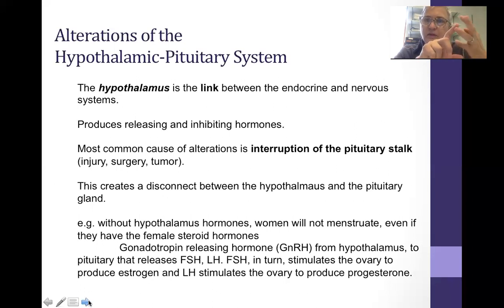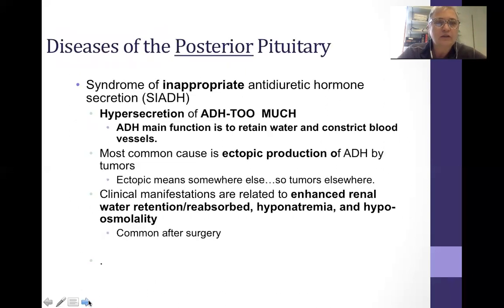The pituitary will send signals to the glands. So when you get to the individual gland, like the thyroid gland, and there's an issue with that gland, that's called primary. Secondary is when it's more upstream of the gland. All right, so let's look at